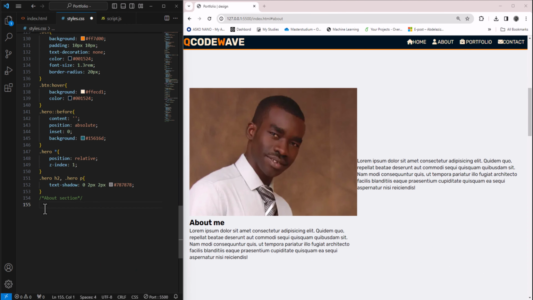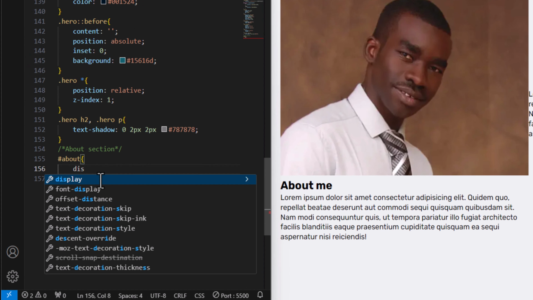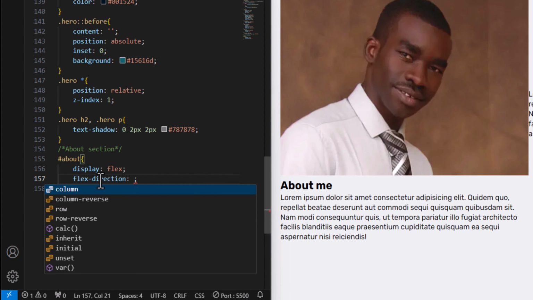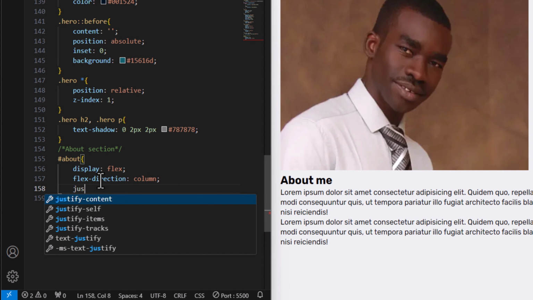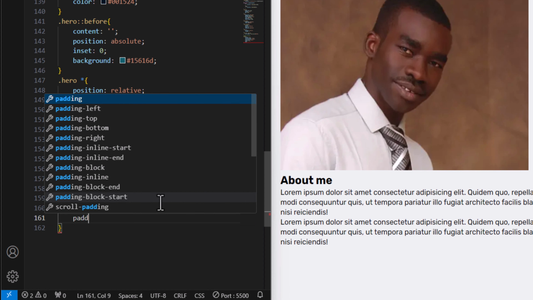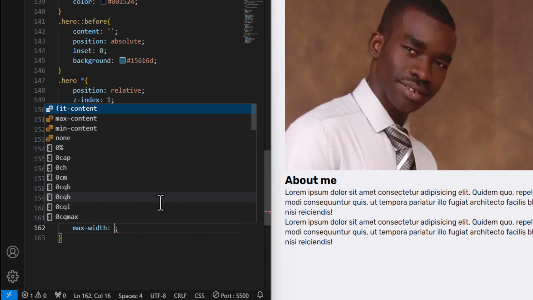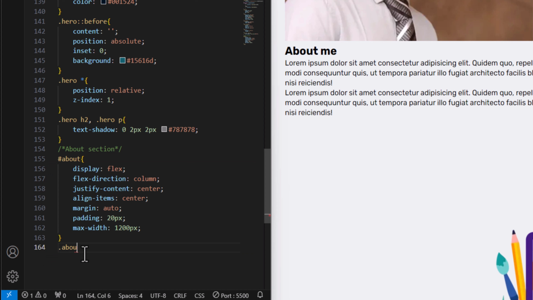Let's go to our CSS and add the ID, let's call it about, and for this say display flex, direction to be column, justify content to be center, items as well to be center, margin auto, and add padding as well to be 20 pixel, max width 1200 pixel. Let's target the image, so we call it about image,